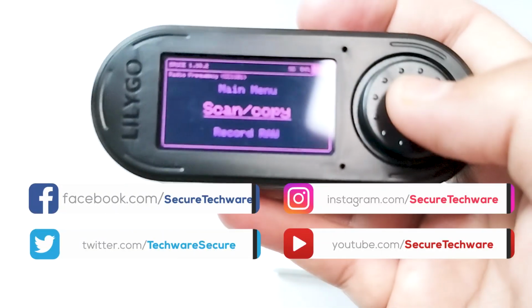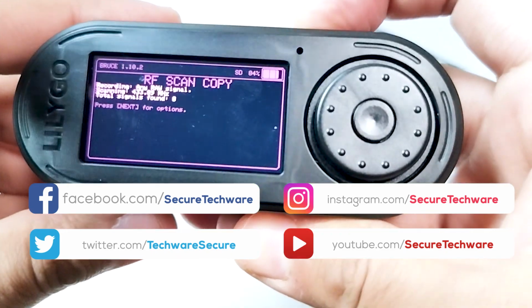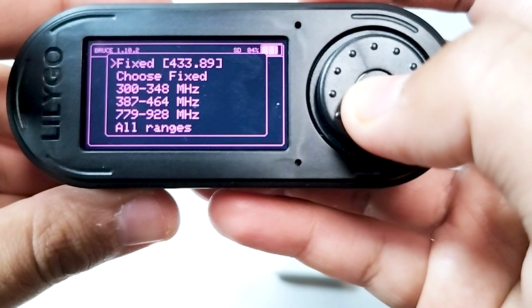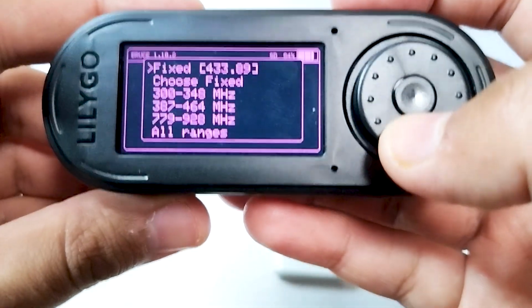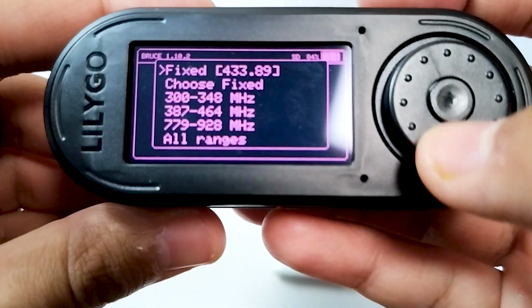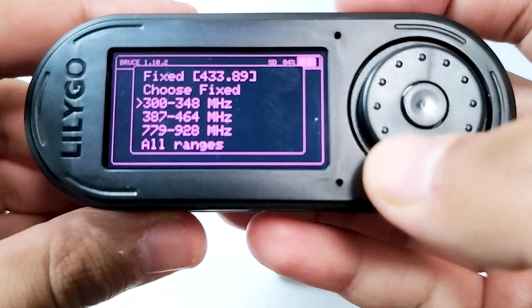Let me tell you what I mean by this. Let me go to scan and copy. Let me first go back and go to raw record. Over here you can see we have different ranges for frequencies. If you don't know about your device, you can just look in these ranges first. Let me go in this range